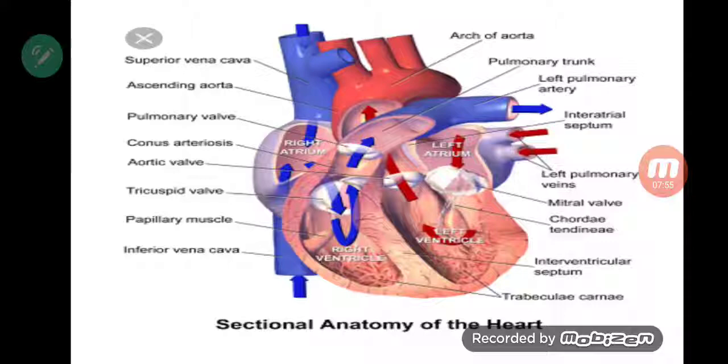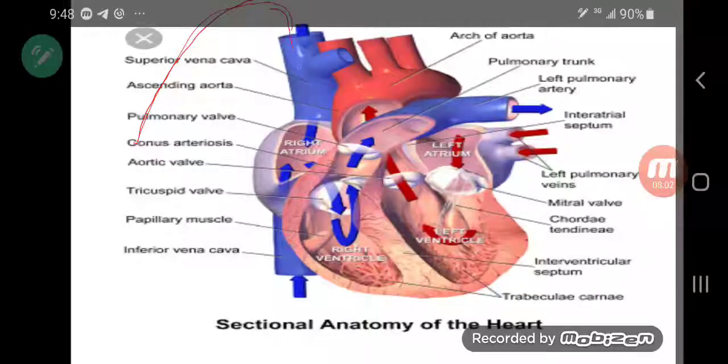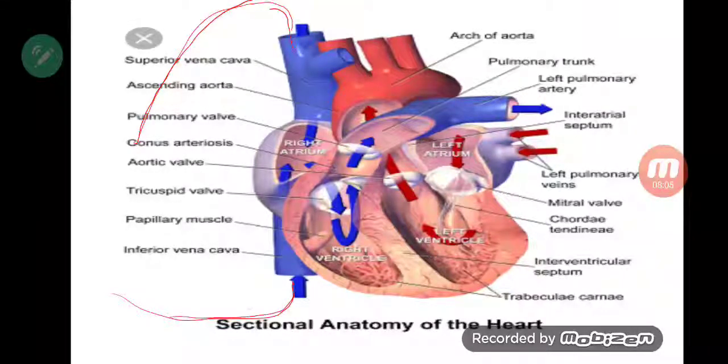Again, the blood enters the heart in one direction from all over the body to the superior vena cava and inferior vena cava. It enters the right atrium, then it goes to the right ventricle through the tricuspid valve, then it goes to the pulmonary artery through the pulmonary valve, goes to the lung, then comes back